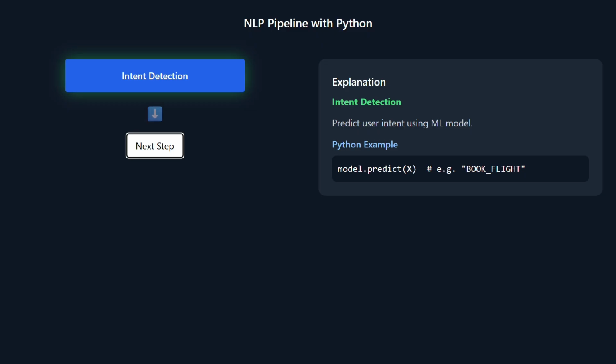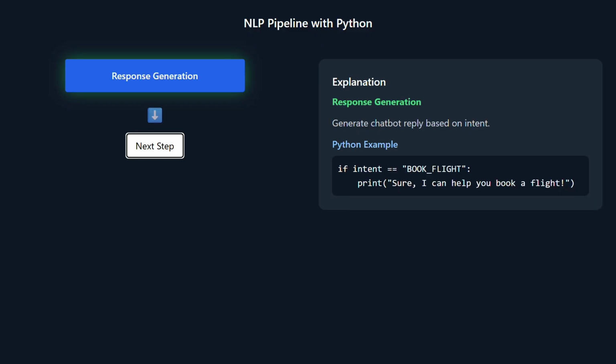Now, stage 7 is response generation. Once the chatbot understands the intent, it prepares a response. For example, if a user types book a flight to Mumbai tomorrow, here the main intent is book flight. Here the response should be like, sure, I can help you book a flight to Mumbai tomorrow, or something related to the message. Based on intent we can keep it. From the user's perspective, it looks like a simple conversation, but internally multiple NLP stages already work together.